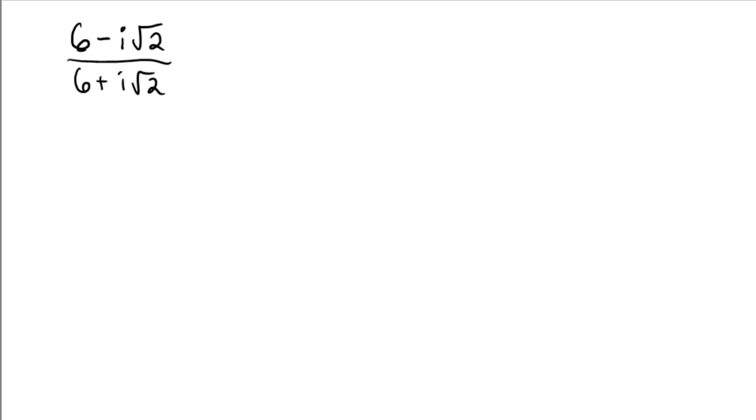So we're going to have to multiply by a conjugate in order to simplify the bottom into something that is not containing a radical, a rational number. So in the bottom and the top, we will multiply by 6 minus i rad 2. Right, this would be the conjugate of the denominator. So therefore, in the numerator, we now have 6 minus i rad 2 times 6 minus i rad 2,